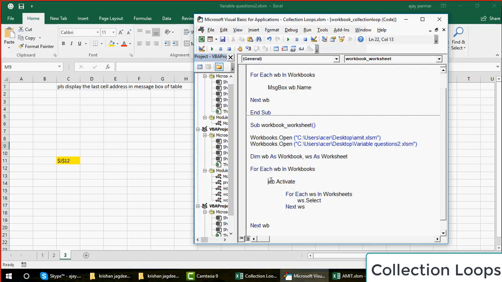So whatever workbook is activated, before it goes for the next workbook, this inner loop will finish first. So naturally it will loop through all the worksheets of that active window. So let's go and check that.